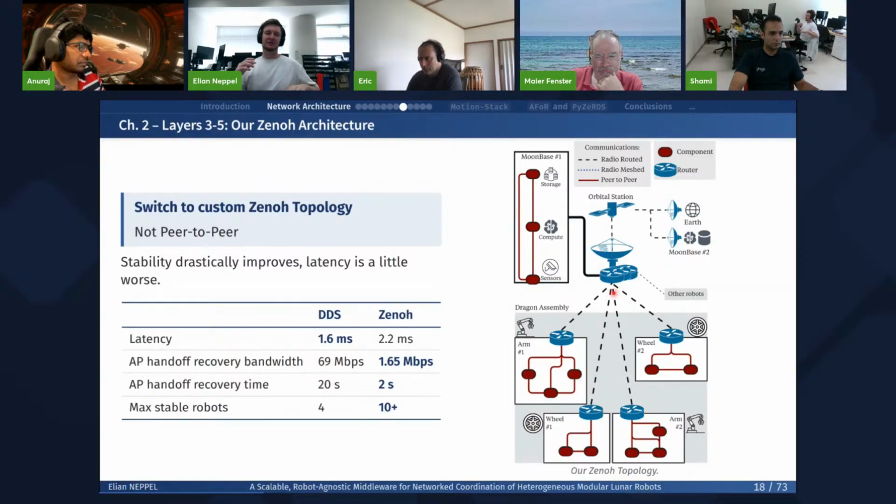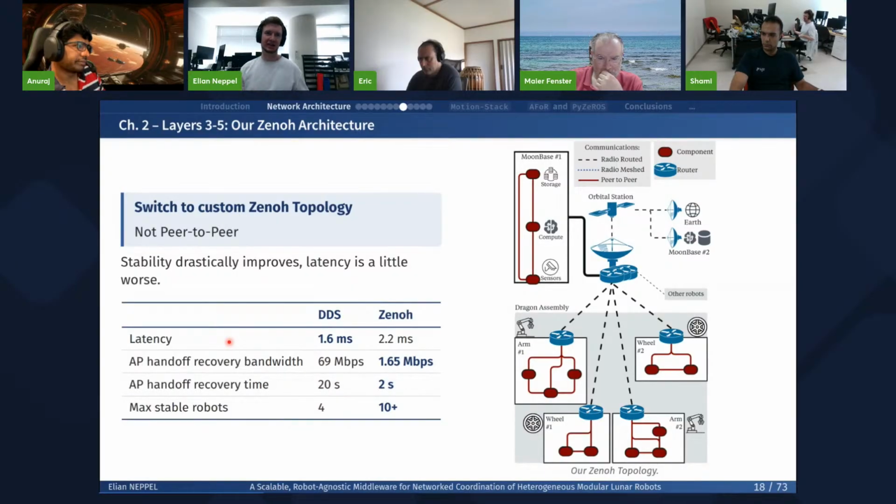And this way, we only have one single connection that goes over Wi-Fi, and we do not have n-1, which greatly improves the stability of the entire network. However, it does not improve everything, because obviously we have the software routers that need to route the packets, and DDS does not have that, and so DDS actually has lower latency than Zenoh because of this.